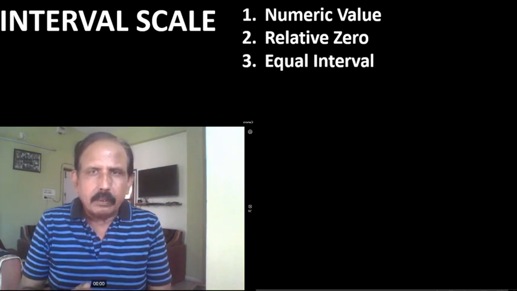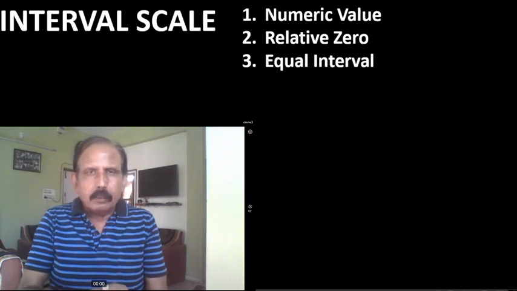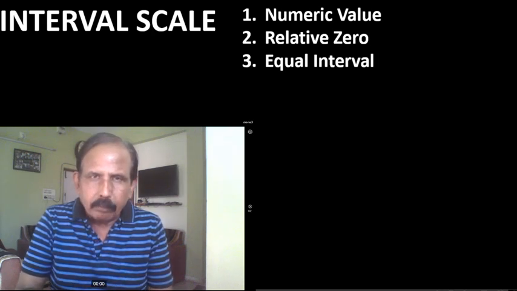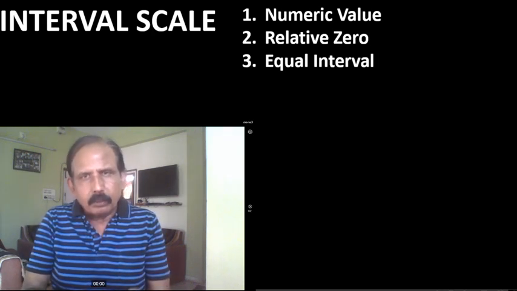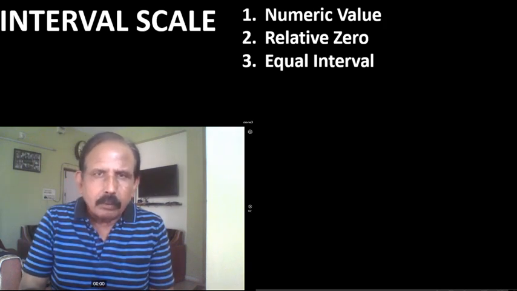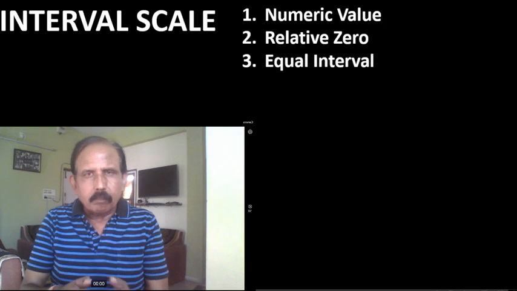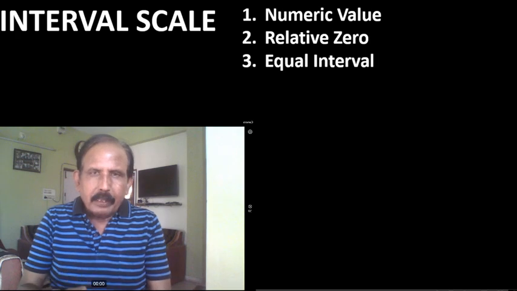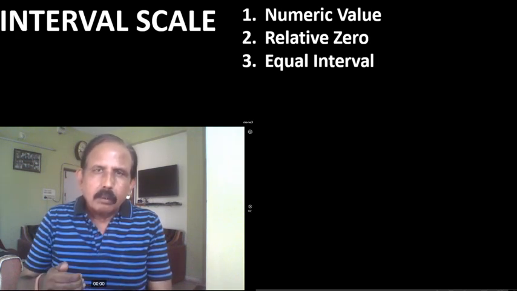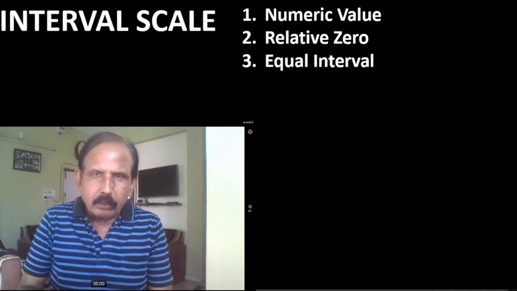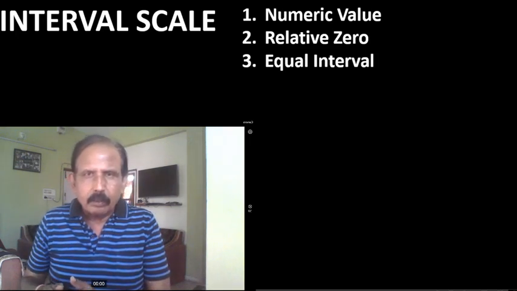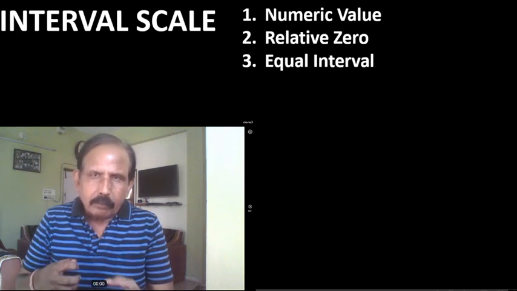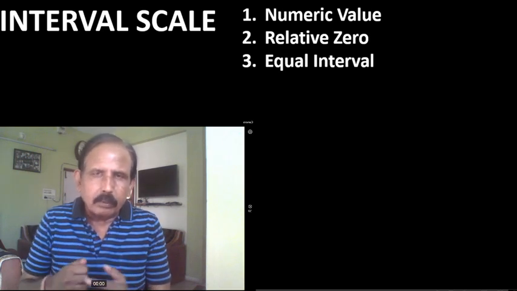And another special feature is equal interval. Here the subjects are assigned numbers that have mathematical value. So the difference between two consecutive numbers will be equal only. The interval between two consecutive numbers will be equal. The difference between the pairs of four numbers, one pair of two numbers and one pair of another two numbers, out of which the numbers of both the pairs are taken from places at equidistance, will be equal only.